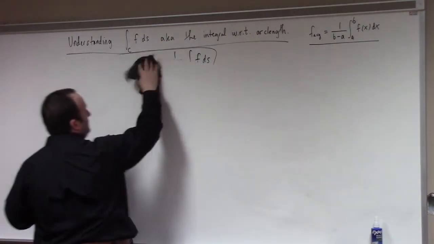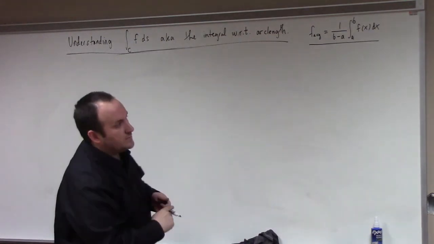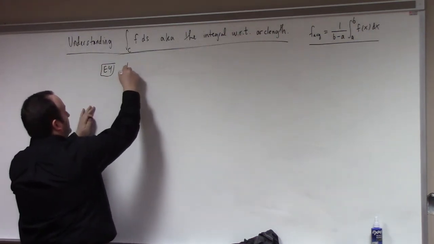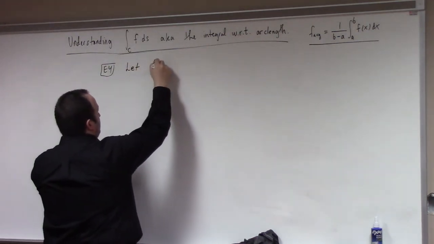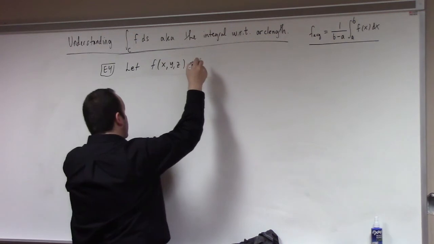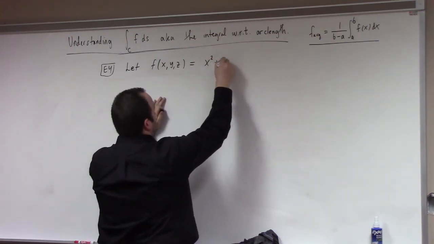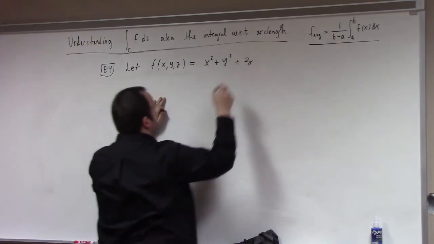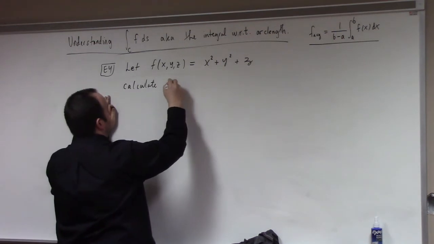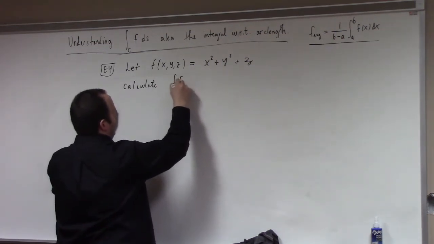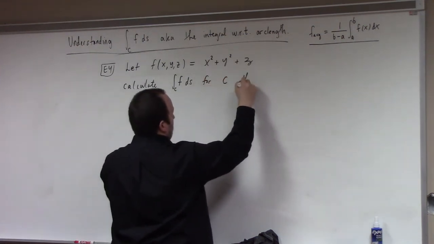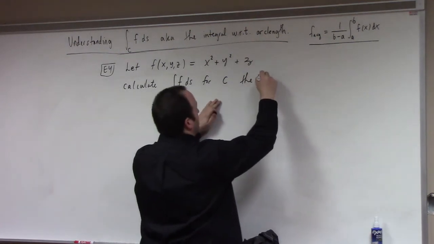So, example 4, let's let f of x, y, z equal x squared plus y squared plus z. And let's calculate the integral of f over the arc length for c, the helix